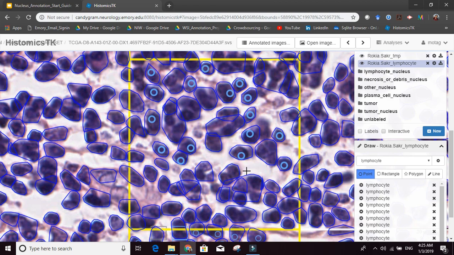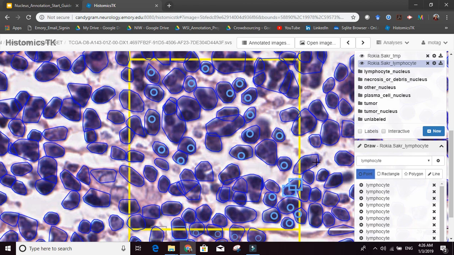So what I'm doing now is finding nuclei where the algorithm was correct, both in terms of the label and in terms of the boundary. So all of these are correct. These are all lymphocytes. This one, you can see the algorithm kind of clumped them together. They're actually 2 lymphocytes. So in this case, I can't place a dot. What I do is I place a rectangle around each nucleus. So this is one lymphocyte, and this is another lymphocyte right here. Okay? Now let's go back to the dot and find any other.